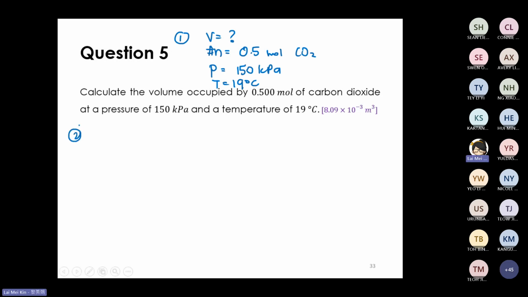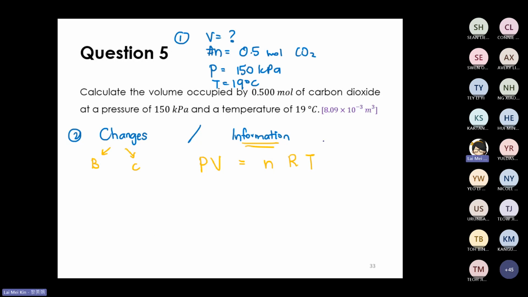First step, I simplify information. Second step, determine whether there are changes or it's just a bunch of information. So which is this? Information. Very good. If it is a bunch of information, just now we talked about changes. If it is changes, whether it is Boyle's or Charles's. When it is just a bunch of information, definitely the ideal gas equation, PV equals